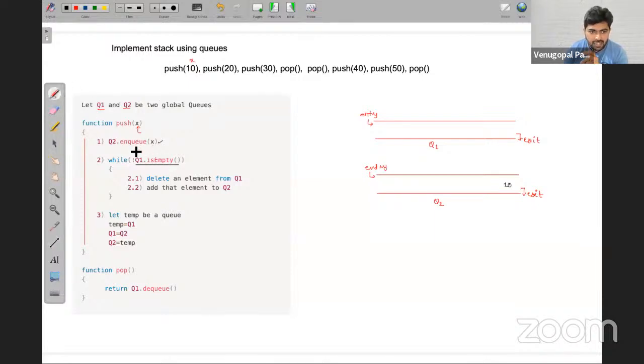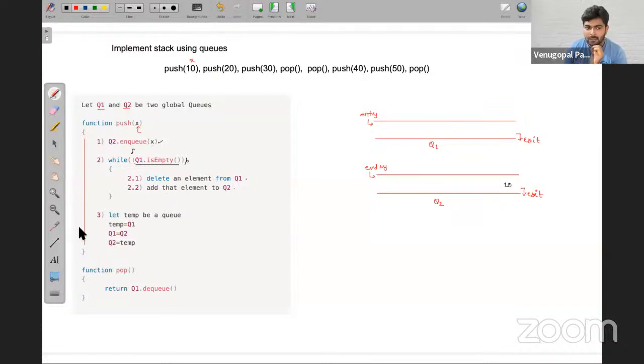But before that, if you see, I have kept a not symbol, which means Q1 is not empty. If that is true, then execute these two statements. If that is not true, then don't execute this, because the while loop will execute only if that condition becomes true. Now, if you check here, is my Q1 not empty? No, my Q1 is empty. Therefore, for the first element, this while loop condition will fail. So it will directly execute the third step.